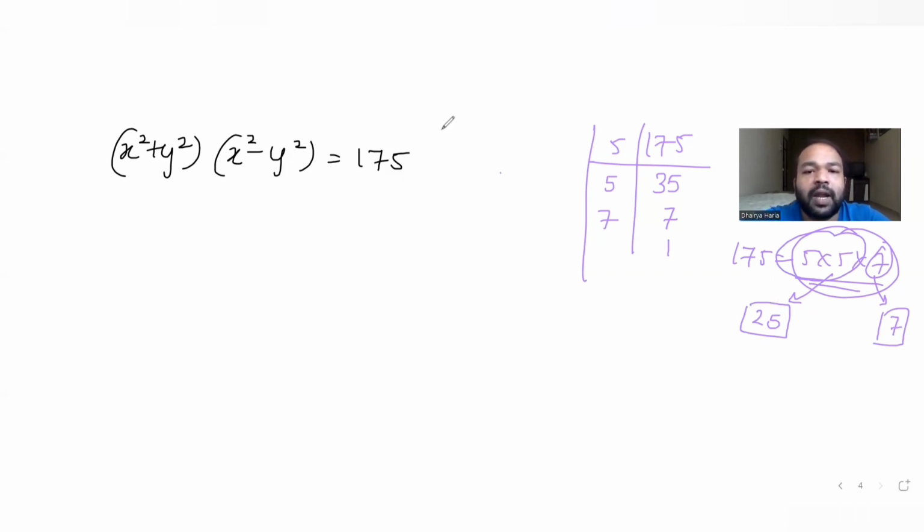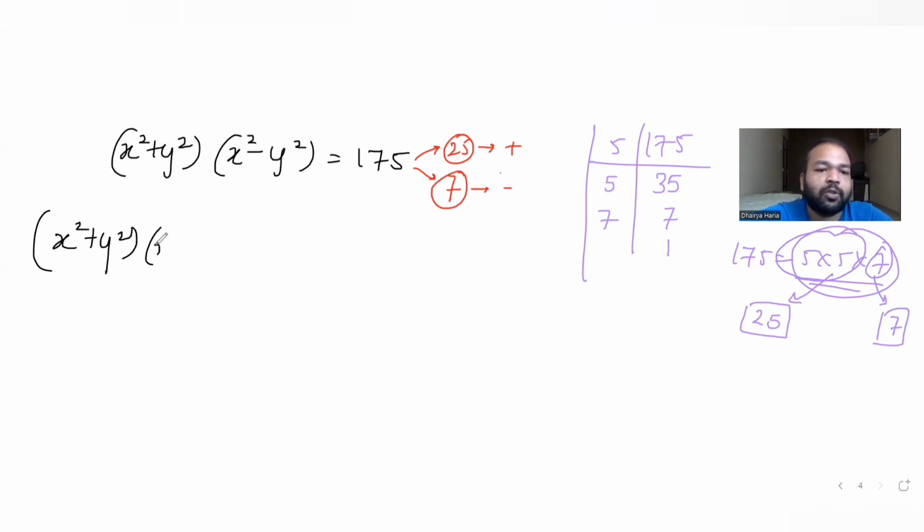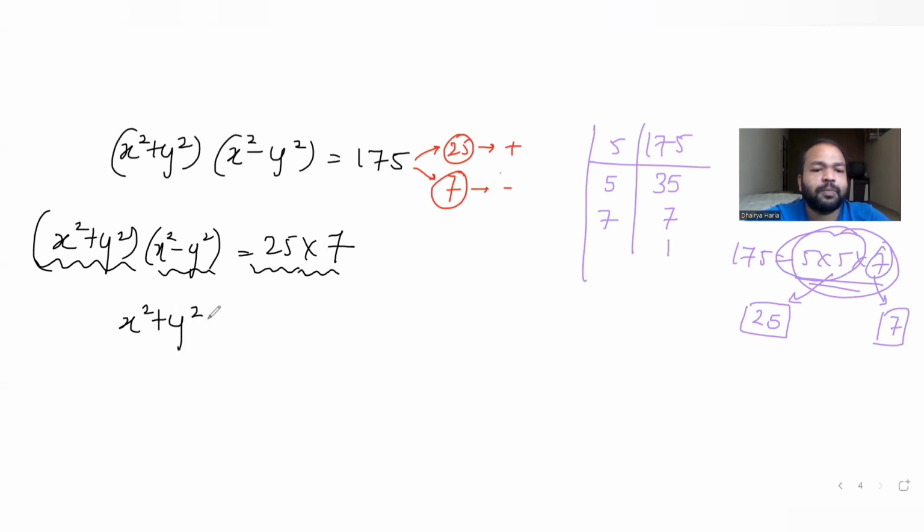So from this, I understand I can split this 175 as 25 into 7. This is the sum of the squares and this is the difference of the squares. So if I write this in the form x square plus y square into x square minus y square, that is equal to 25 into 7. I know the sum of the squares is 25 and the difference of the squares is 7, so if I write the two equations,